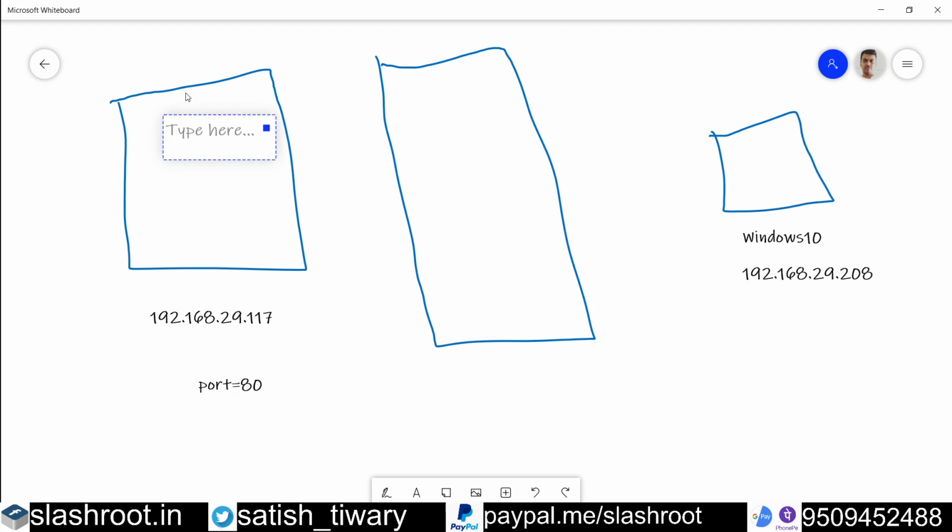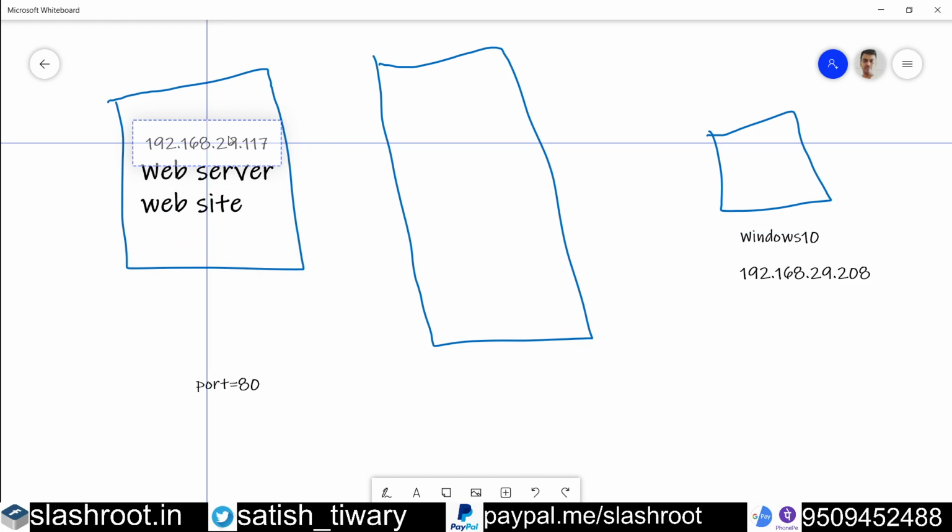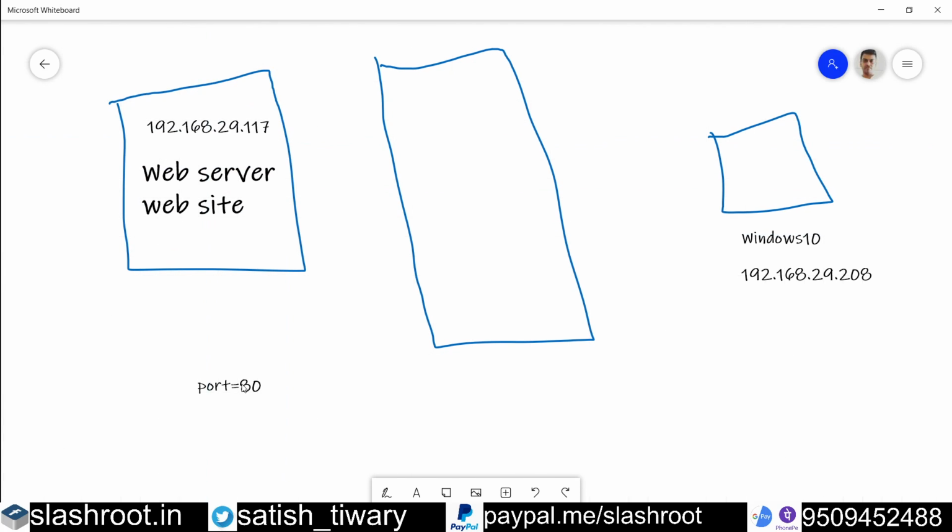Our website will be hosted on this machine. So website content will be on this machine. This is our main computer, the web server where the website is hosted. The IP address of this machine is this one, and the port we are using is 80.